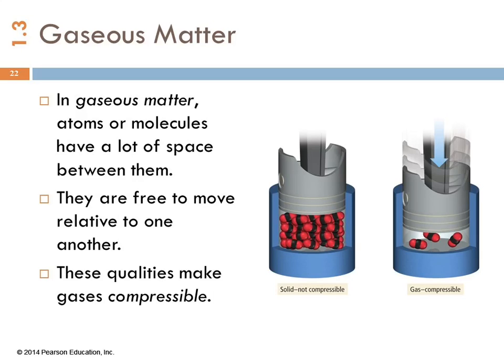In the gas, there is a great deal of space between the particles, and the particles move freely and completely independently of each other. And we'll talk more about gases in a later chapter. So the gas state of students is when we're done with class and we open the door and you guys go off in all different directions, right? And there's a tremendous amount of space between you. You're just scattered all over the place. That's the gas state. The particles are moving, but they're not interacting with each other. And the distance between them can vary. And so the volume of a gas can vary, and the shape can vary.